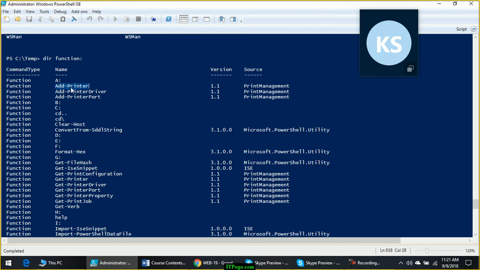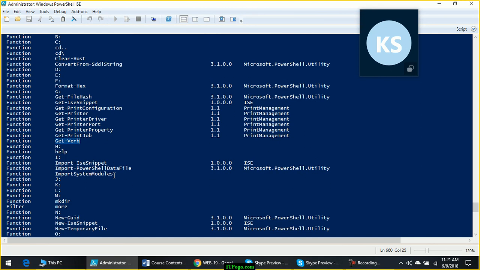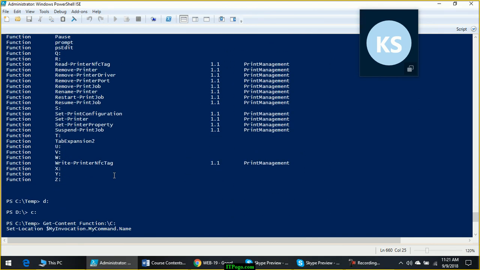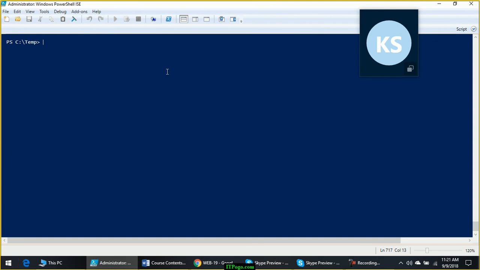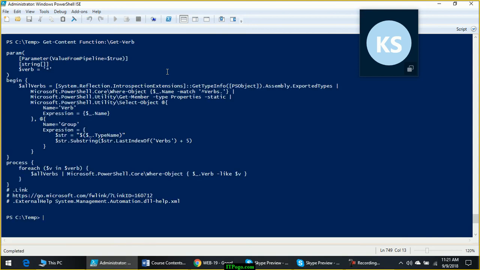There is a commandlet called Add-Printer, a commandlet called Clear-Host, a commandlet called Format-Hex. Even this Get-Verb, we have seen this when we were running Get-Command. That time we saw the details about Get-Verb, what that command does. So you can use Get-Content function:Get-Verb. It will show you the source code of that command.